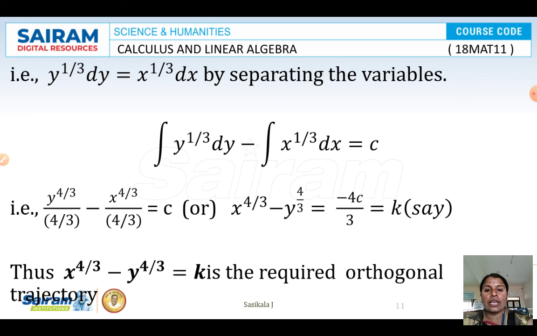Okay, so first thing, if a parameter is there as a multiple of that function, take it alone. That means take a log, or you can take it to the right side or one side, and keep all the variables on one side. The parameter you can take separately to the right side or left side as a separate function. That means when you differentiate, the constant will go to 0. Okay, then easily you can get the differential equation of the given family of curves. Afterwards, you can do the variable separable method to get your required orthogonal trajectories.